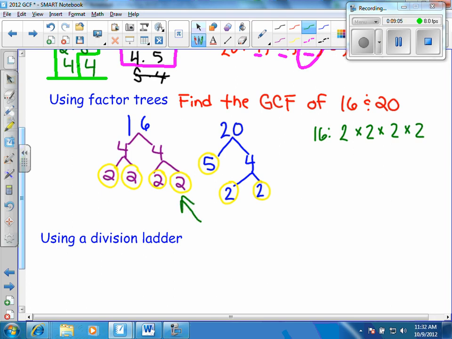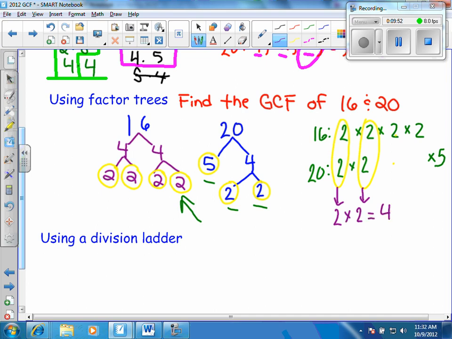Do you see that? Okay, and then he said for the 20, you also have some factors, and some of them are the same. So what I usually have kids do is write them out so they line up. Like you have 2 2's, so 2 times 2, but that 5 doesn't really match any of the 16, so put it over here. And then look at the common ones. That's common, and that's common. This one isn't common, because there's not another 2. So you only circle the ones that are common. And then what do you do with that? Then you take that number 2 and the number 2 from here, and you multiply them,